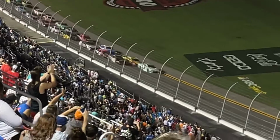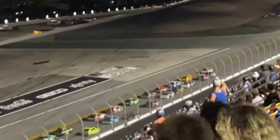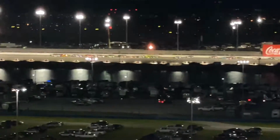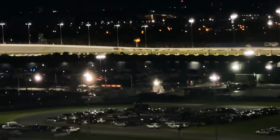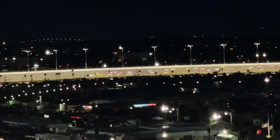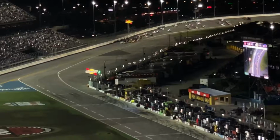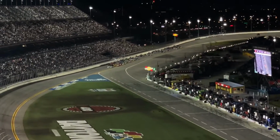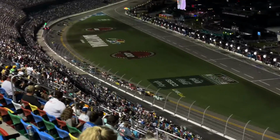Chase Elliott gets a shot behind. Straightaway, no clear-cut favorite now as they work their way up the super stretch until Austin Dillon locks bumpers with Cole Custer and propels Custer for a moment to the lead. And half a car length, but here comes Chase Elliott battling back to the inside. He is drafting help from Joey Logano, and now it's Chase Elliott back to the front of the field on turn 4. Stenhouse Jr. right there working the inside lane. Same for Truex on the outside. Cole Custer, Austin Dillon, Denny Hamlin, Brad